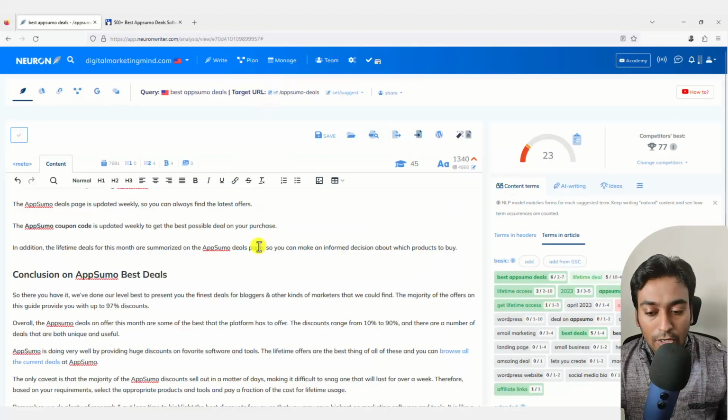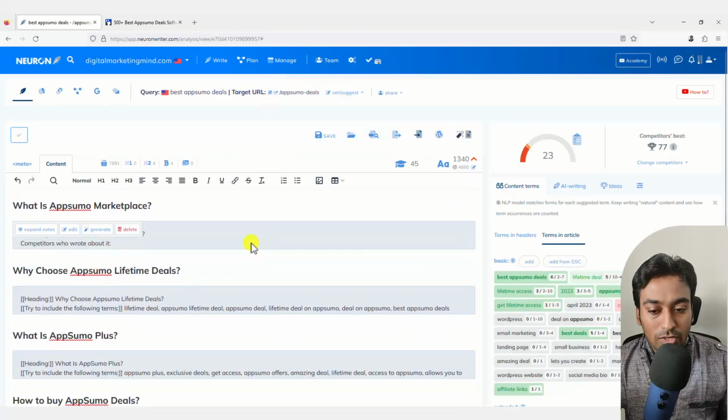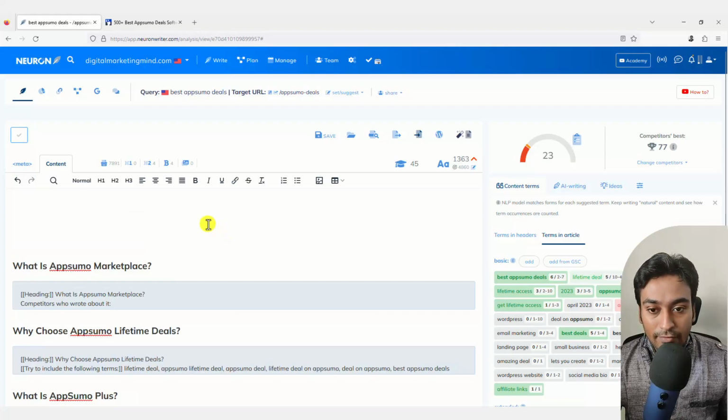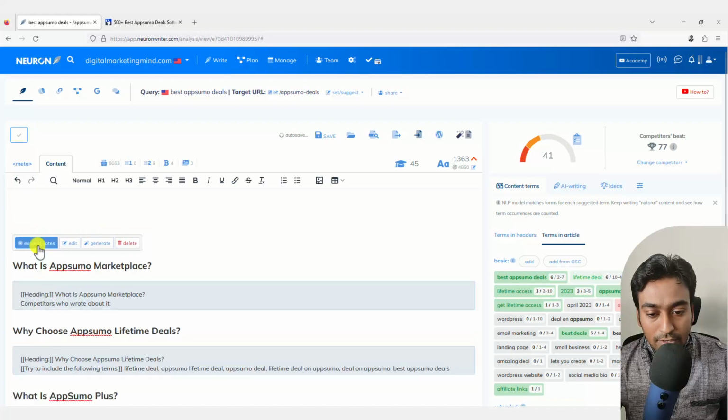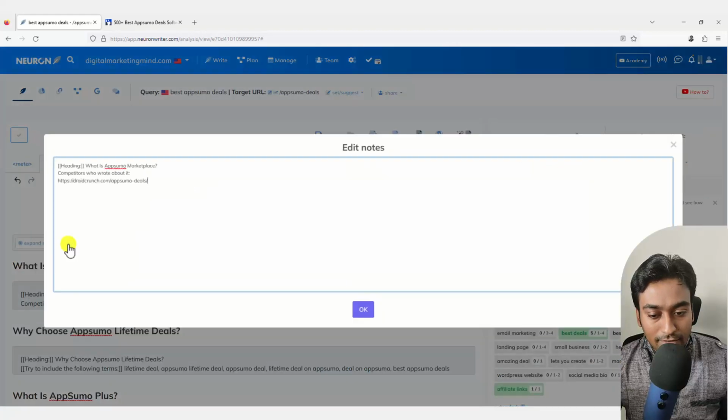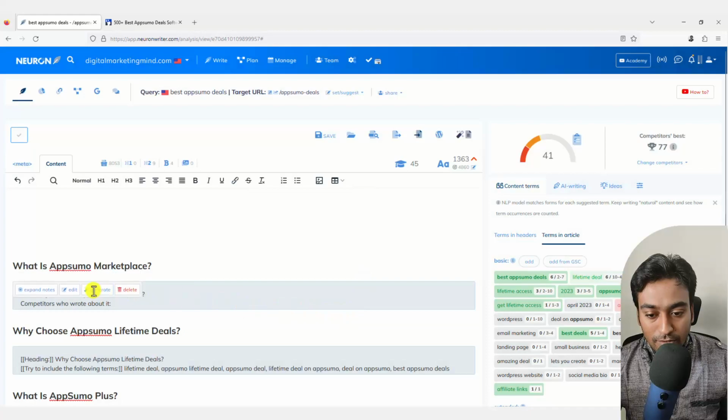Copy to editor will automatically copy those things within here. Now this is where I have told you can use AI content in multiple ways. The first one is, once you build out this particular article draft template, when you click on this, you will see something like this. You can see the expanded notes, collapse it, edit it in case you want to make any suggestion for this. And there is an option called generate.